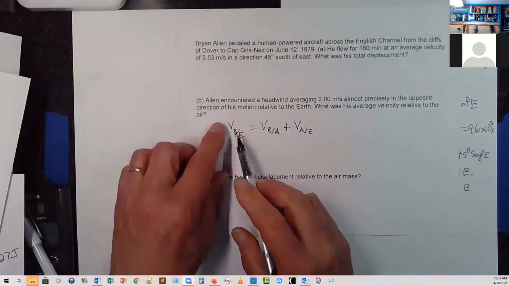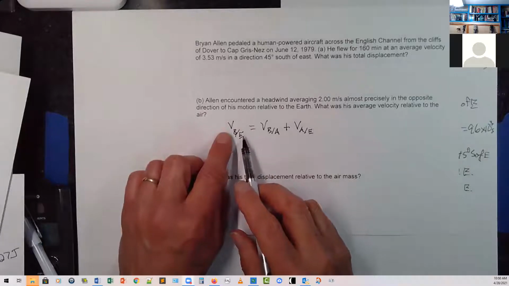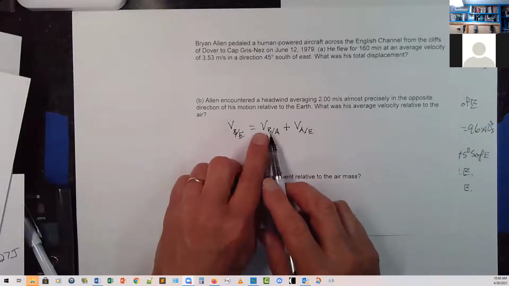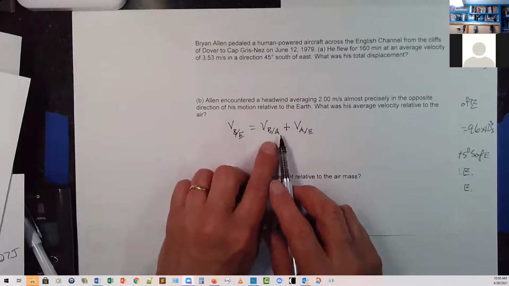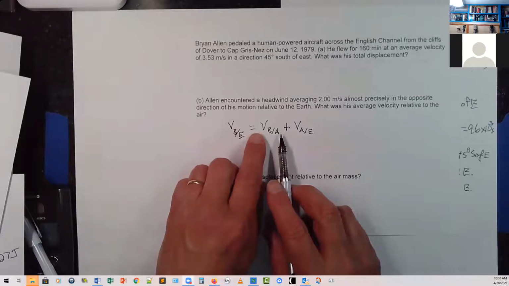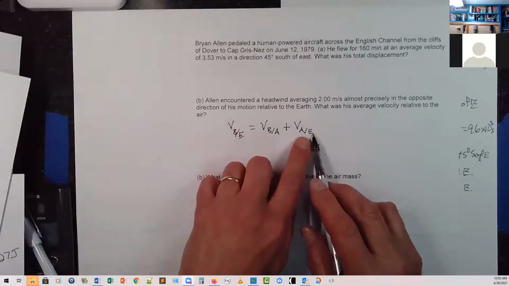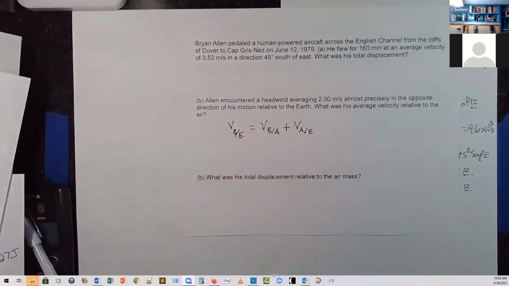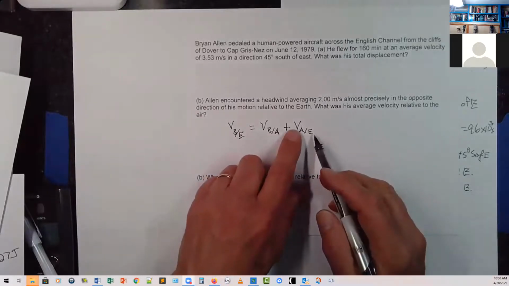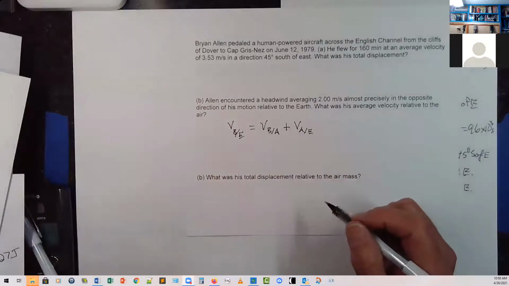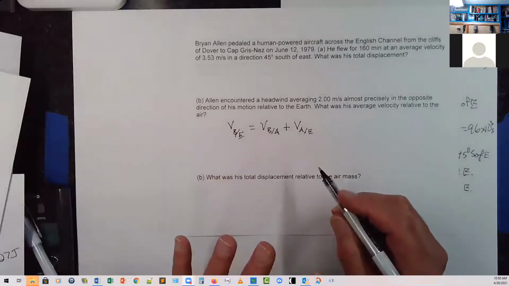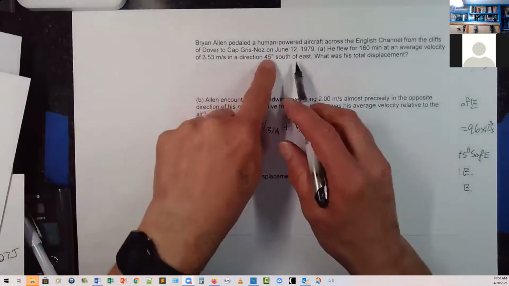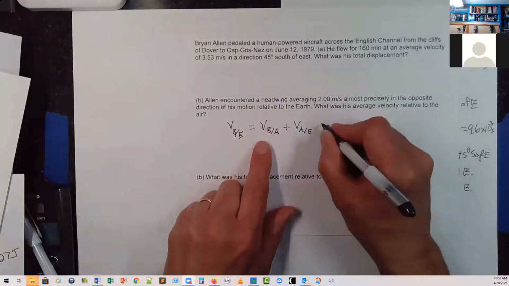So I've got the velocity of the object, that's Brian, with respect to the fixed thing, is going to equal the velocity of Brian with respect to the moving thing, which in this case is the air, plus the velocity of the air with respect to the fixed thing. And so this is like the train car moving with respect to the Earth, except in this case it's that. And if I think of the positive direction as the 45 degrees south of east,